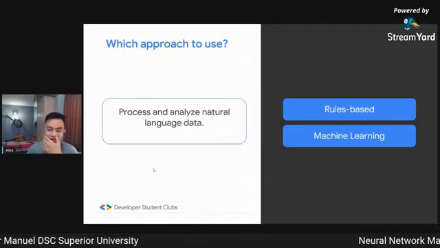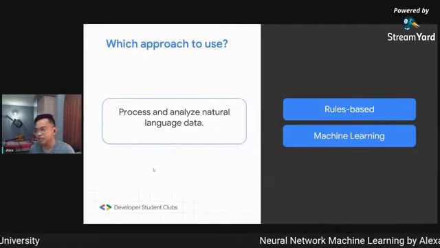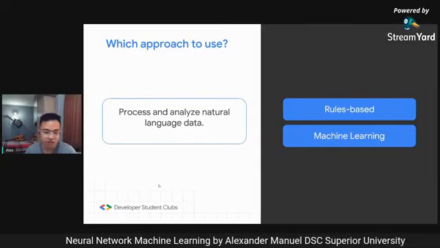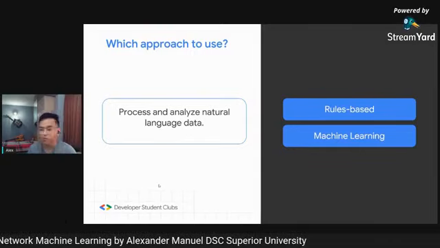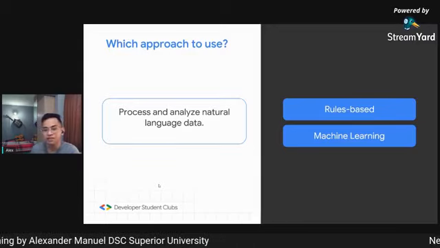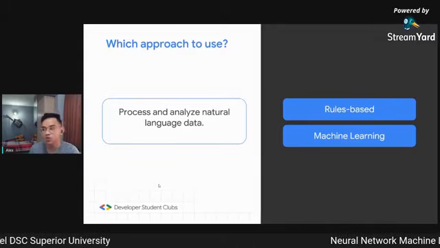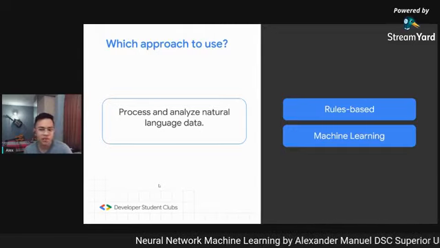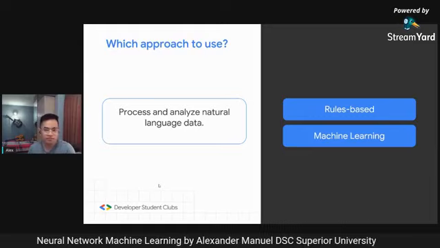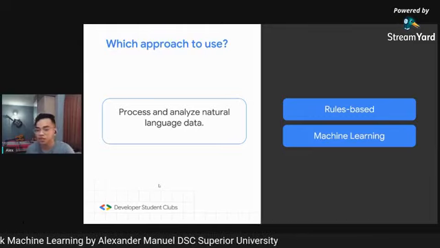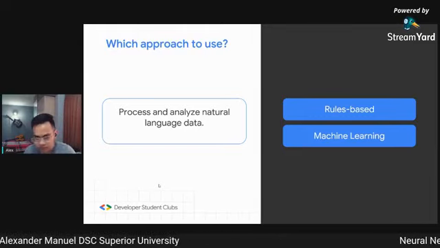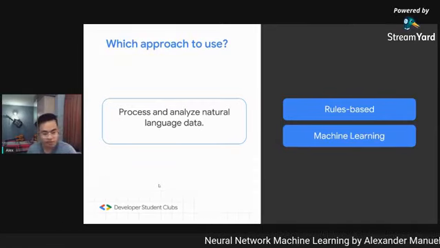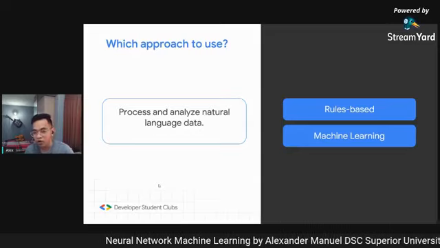For NLP, there is a trade-off. With rule-based grammar, you get something more flexible, easy to debug, and likely higher precision, but it requires an expert to make the rules. But when you do it with ML, you can scale it more easily, and you get higher recall,